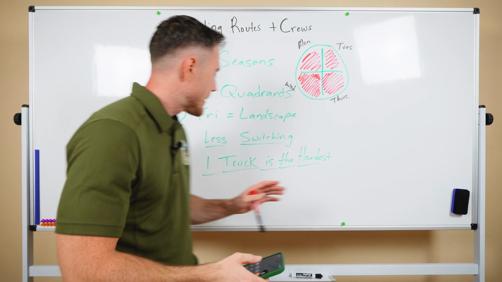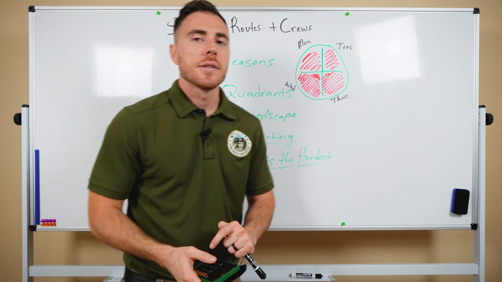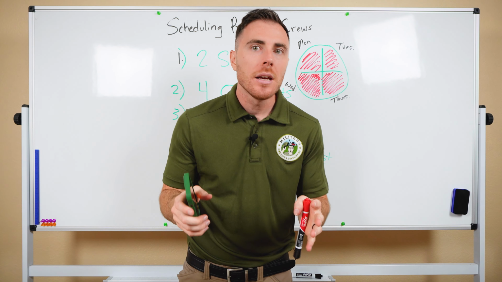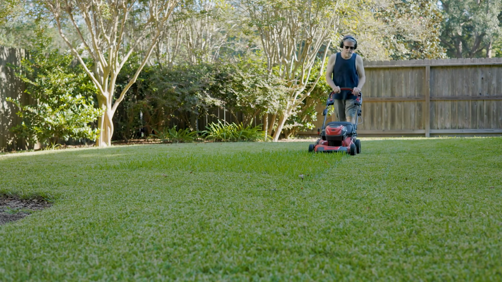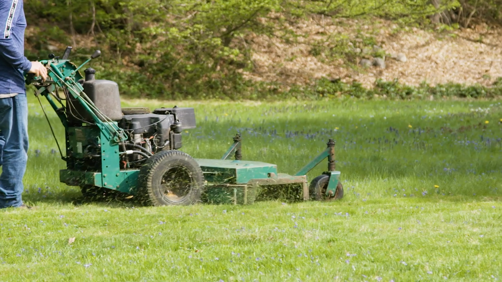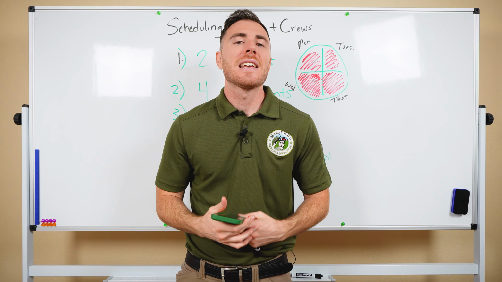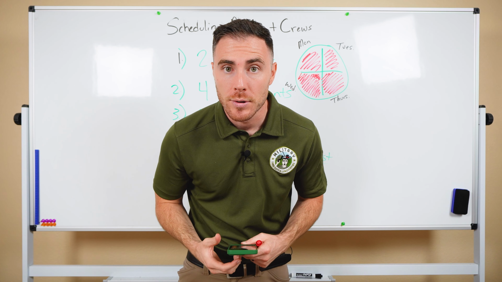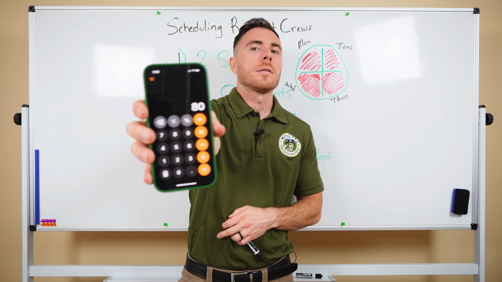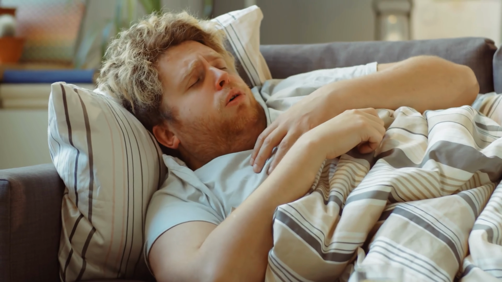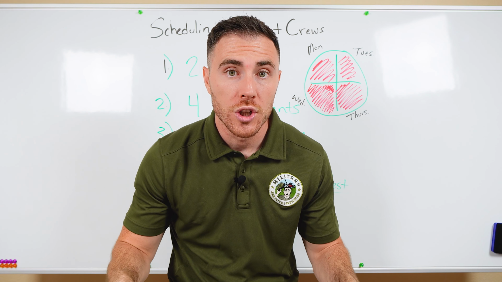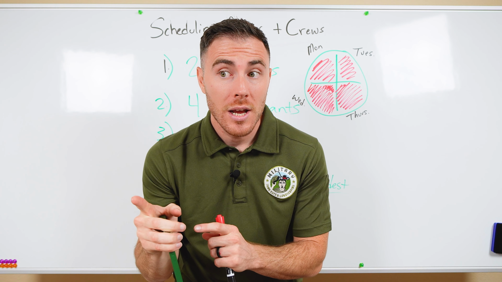So we can't max out our routes to everybody as much as we want to. Now, the reason why I say the one truck is the hardest is because if you had 2 guys, so you had one guy who could do ideally max capacity 50 lawns, the other one could do 50, that's 100 lawns. Let's say, for example, we max them out at 80%. That would be 80 lawns per week. If one of those guys are sick that day or that week, there is 0 chance that that other person is going to pick up